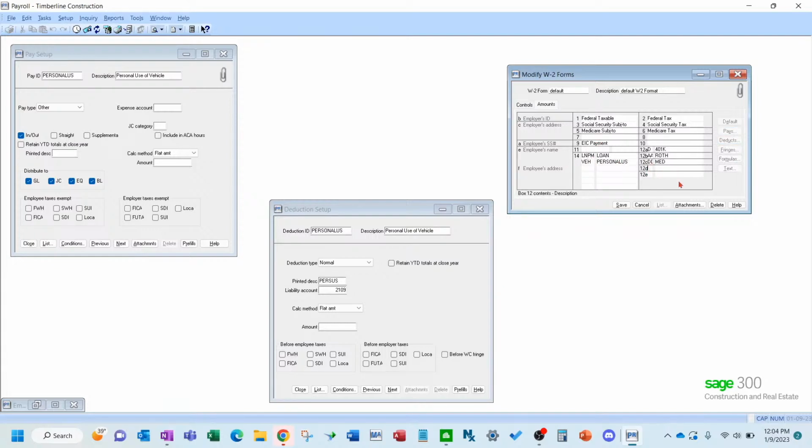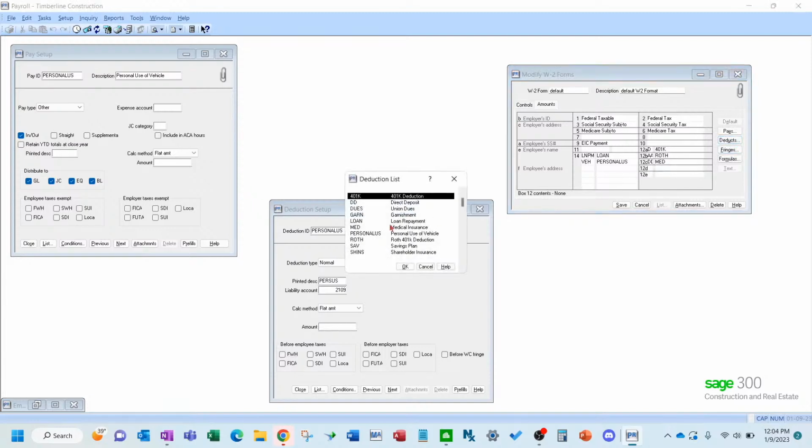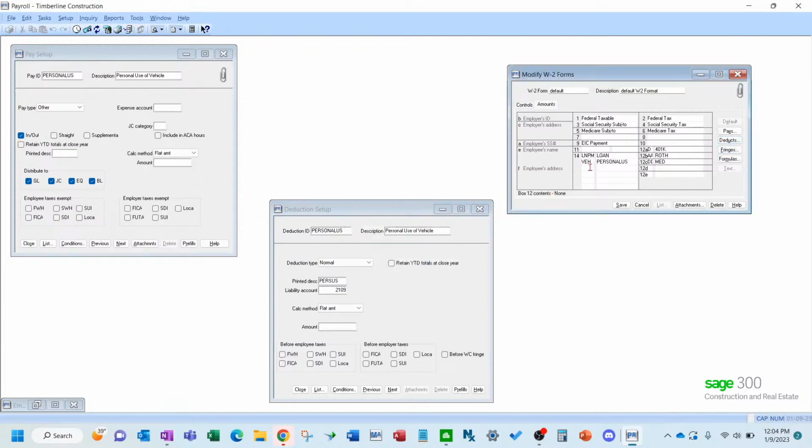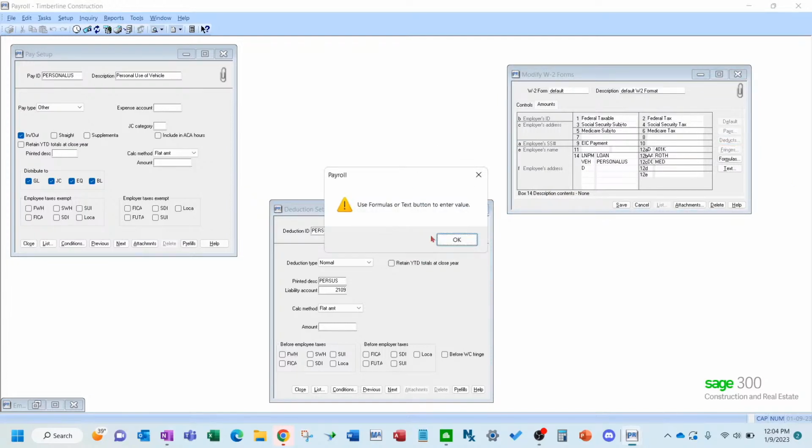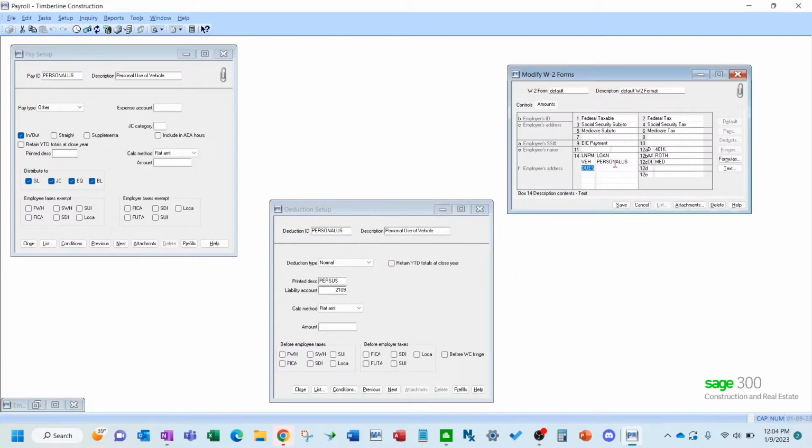Okay, now just a tidbit here, in box 12, you can just start typing the codes. It's kind of a small area, but you've got a couple letters you can put in there, or one. And then you just pick your deduct, for example. So if you want to report dues, you have to use the text box there in box 14, and then you would go and find your dues deduct if you want to report on that and give them information.